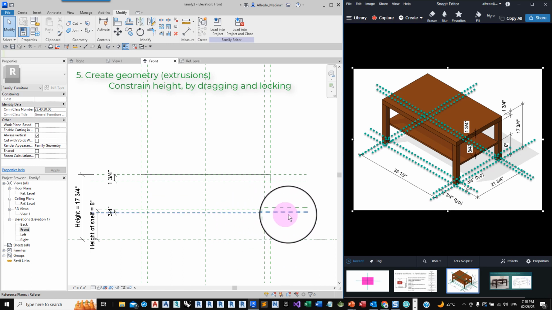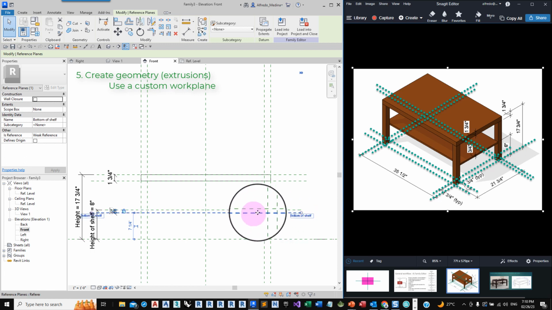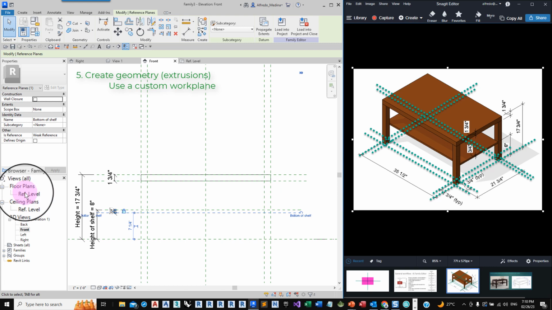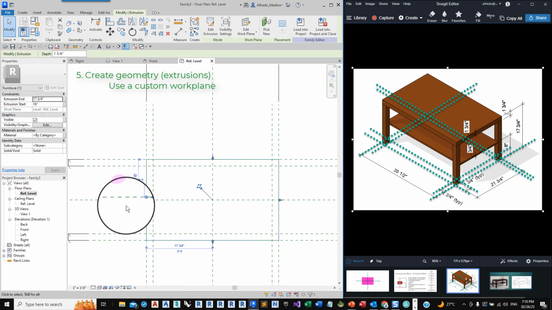The other method is that you create a name for a reference plane like this, such as bottom of shelf. And then to create this extrusion, you go to the reference level. Usually I hide the previous extrusion like this.